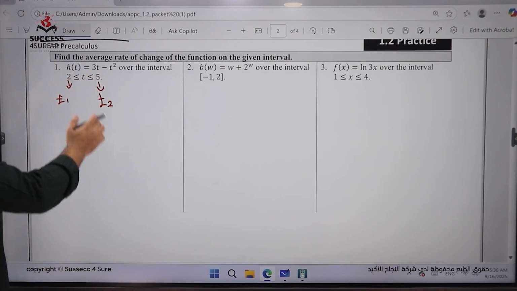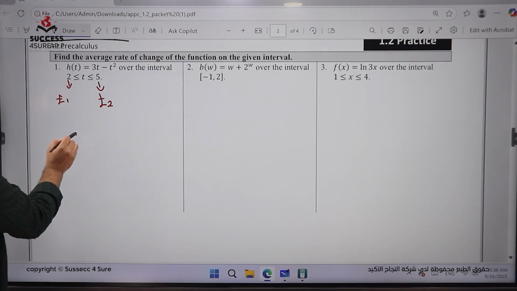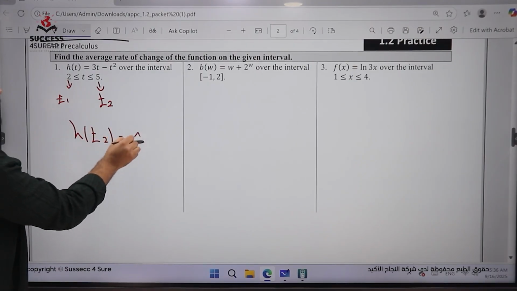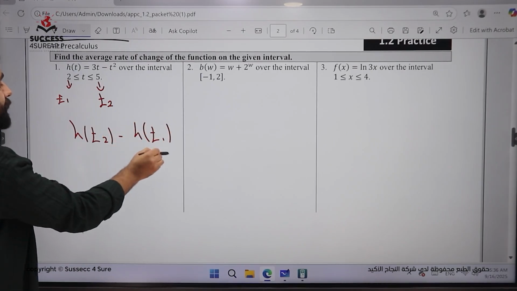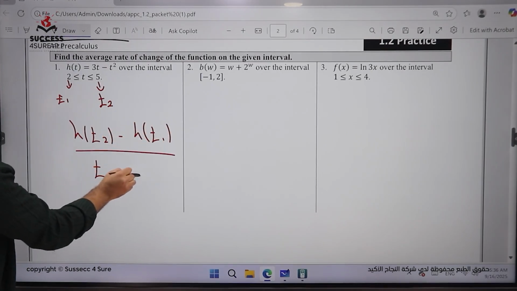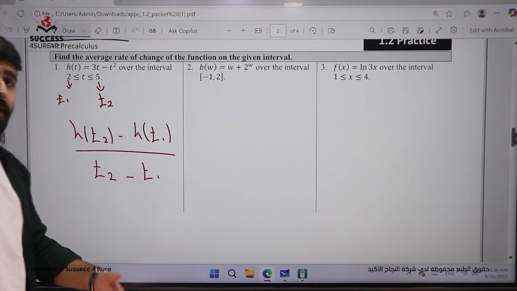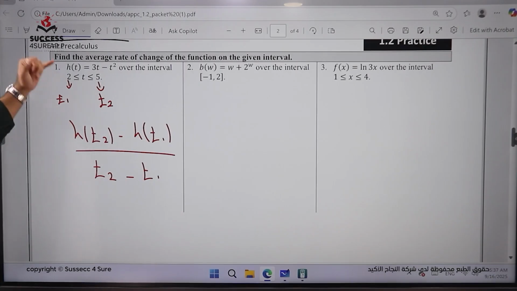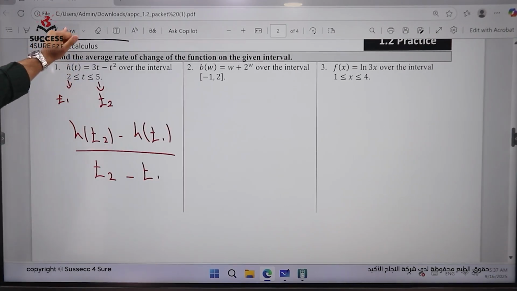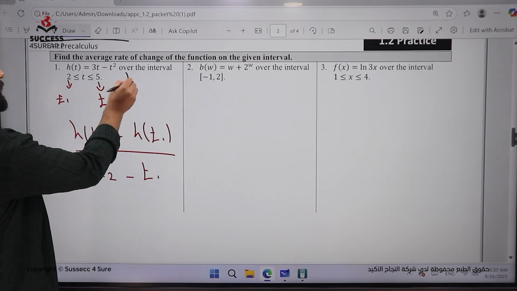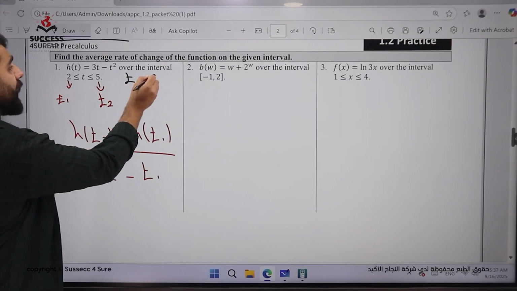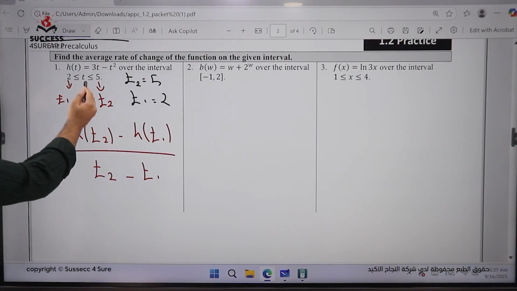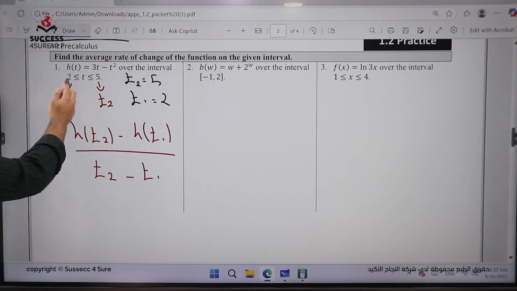So to find the average rate of change in this question, you are going to write h of t2 minus h of t1 divided by t2 minus t1. Now, the only thing I'm going to do is replace t2 by its value and t1 by its value. Now, what is the value of t2 from the question itself? Now, t2 equals 5 and t1 equals 2. From where did I get that? t is smaller than or equal to 5 and greater than or equal